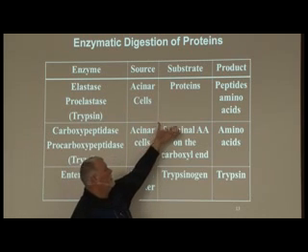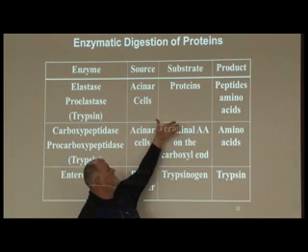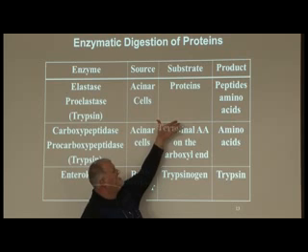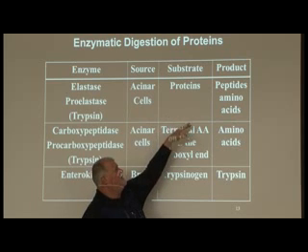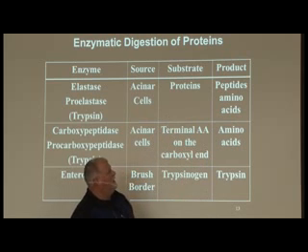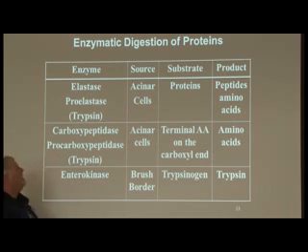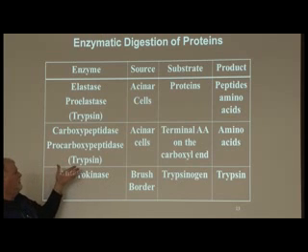Elastase is going to work on proteins, but more specifically a specific protein called elastin. And then elastin is going to be fragmented again into fragments called peptides, and then amino acids. And then some people use poly in front of peptides to show that they're fairly large molecules themselves. So one of the kind of cool enzymes that we have, which is one of the first enzymes that we're